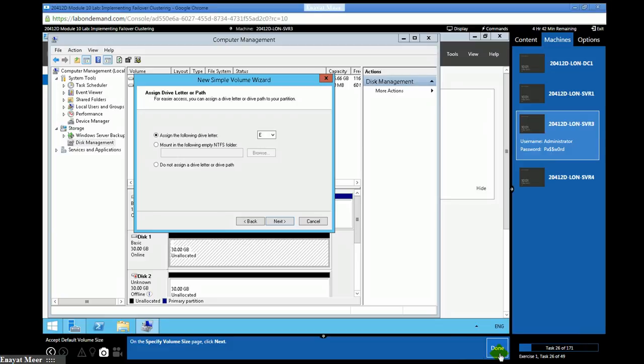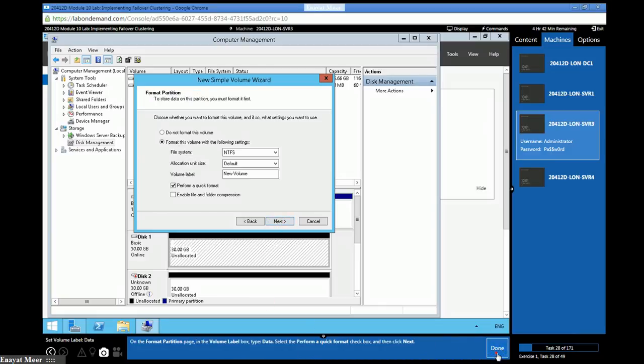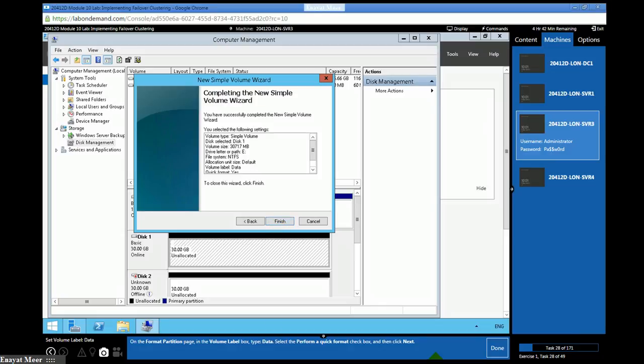So I'm choosing a default drive letter. NTFS, and I can put the volume label as data, and I can perform a quick format. And finish.